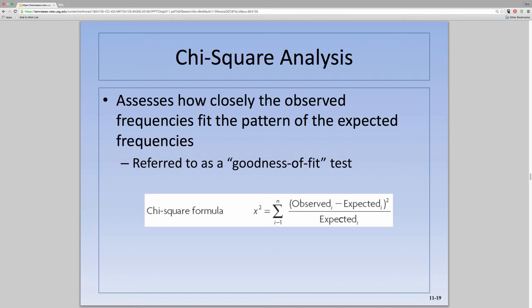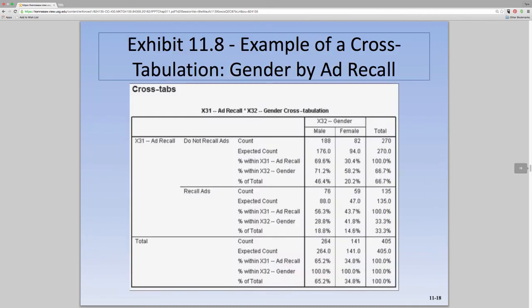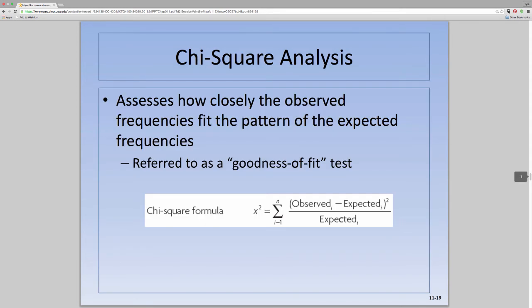And I love this one because it tests for statistically significant differences between the frequency distribution of two nominally scaled variables in a cross-tabulation table. So it would be looking to see, hey, does gender play a role in ad recall? That's what the chi-squared would help us test. And remember, it's only about relationships between nominally scaled data. If you have something that's interval or ratio, you can turn it into nominal scale data. You can use the transformation tool in SPSS to change that,